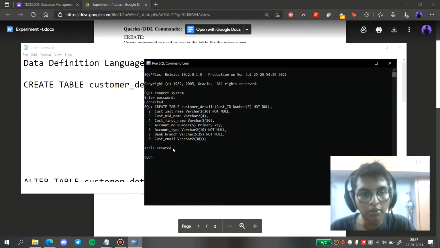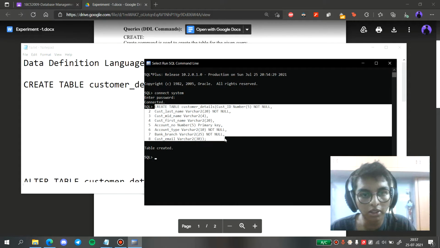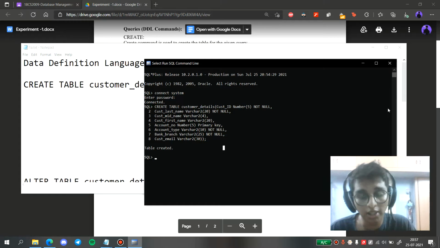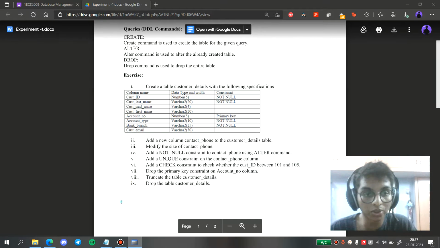As you can see, the table has been created successfully. I've extended the command like this, instead of writing it as one whole line, so that it is easily visible. That's why I did it this way. And as long as I have not given the semicolon, I can go on for however many lines that I want to.